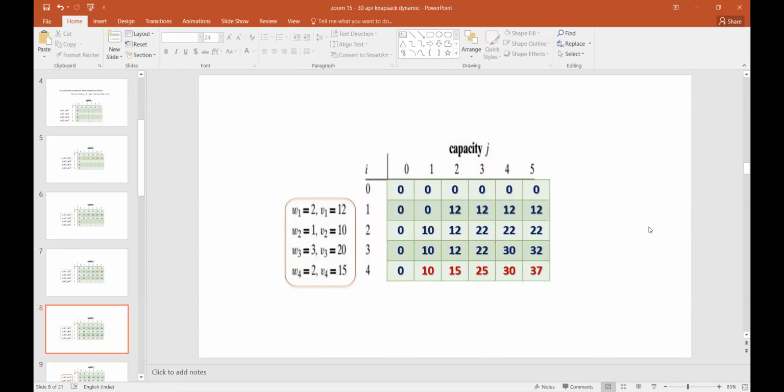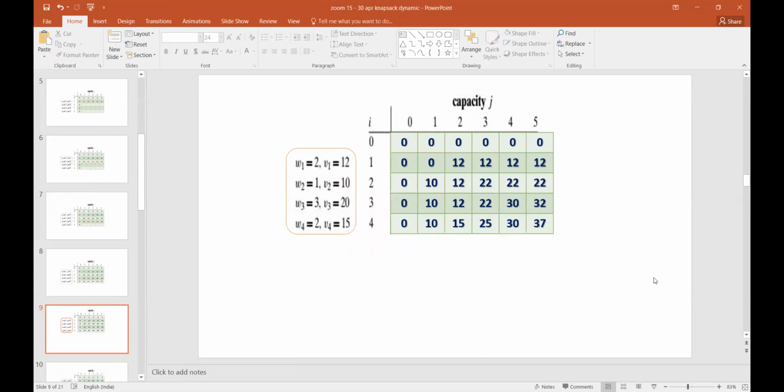According to the logic and the understanding, we can directly write all the entries. So the maximum profit obtained from the combination by using the dynamic programming approach is 37 in the knapsack. So the maximum profit that we can carry is 37. We can carry the objects that give the maximum value. What is the maximum value that we can obtain? That is 37. We have a formula for that.